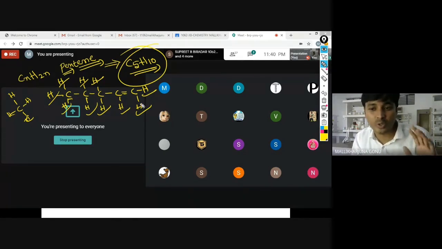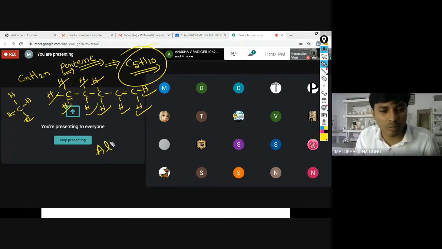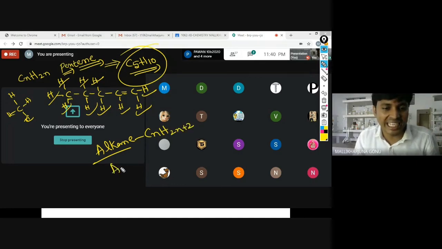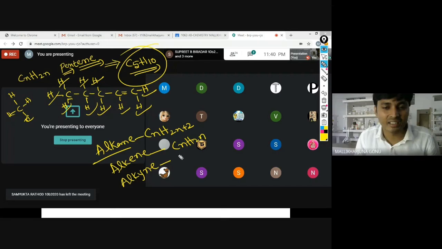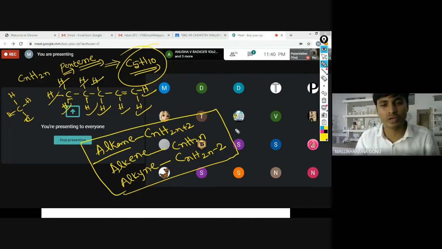Even sharp students are also getting confused here. That is the reason you have to sit and work it out. How can it be alkenes? Now the general formula, if you have not written, just take it. Alkanes, CnH2n plus 2. If it is alkene, E-N-E, I am writing here, CnH2n. If it is alkyne, Y-N-E, what you have to write? CnH2n minus 2. So by this formula, you can write so many compounds.